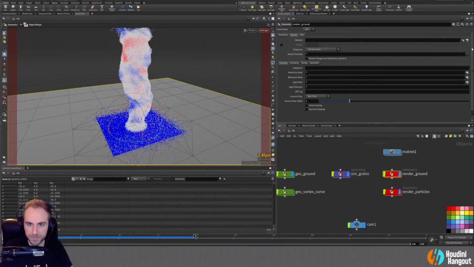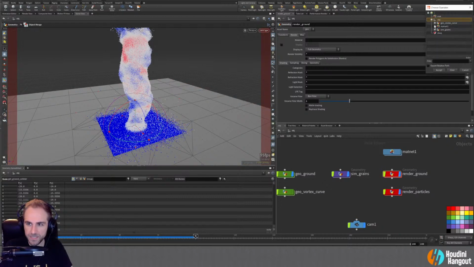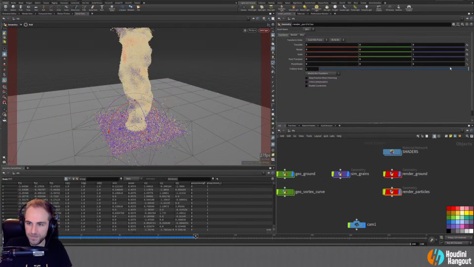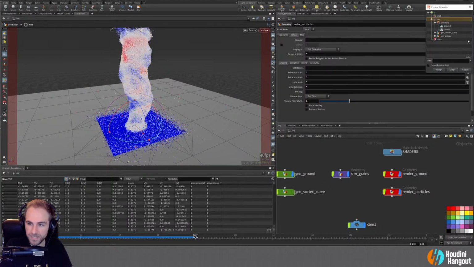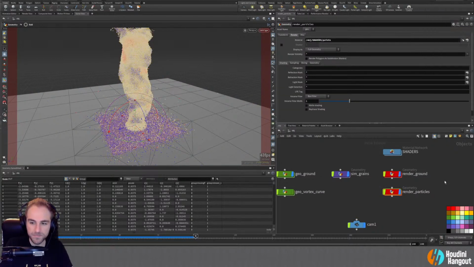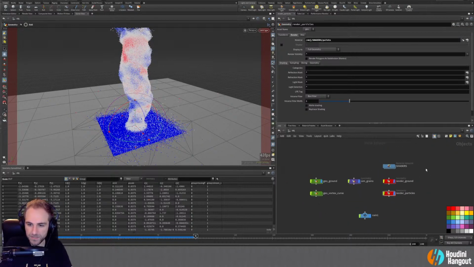So let's come in here. We'll do render material. I'll call this shaders. And we'll do ground for this top one here, render ground. This one we will get the points. And let's also do